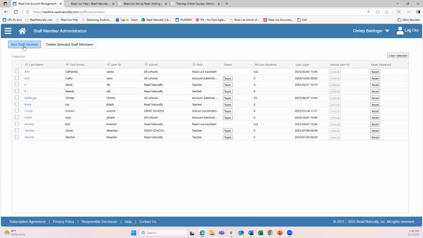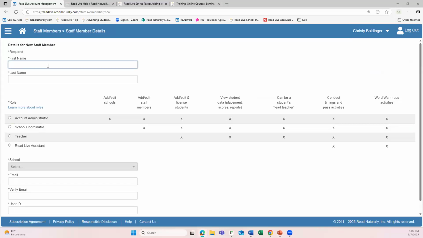To add a staff member, you'll click the Add Staff Member button at the top left of the page. You'll enter the first name of the staff member and their last name. Then you'll choose the role that you want that particular staff member to have. So you can see across the rows here are permissions that these are the basic permissions for each role in